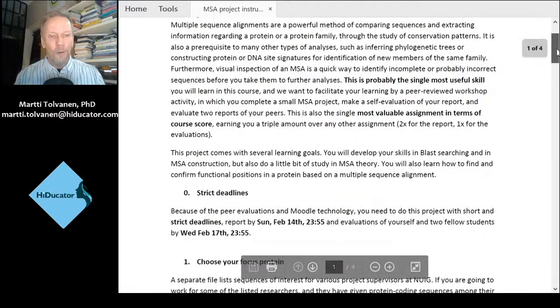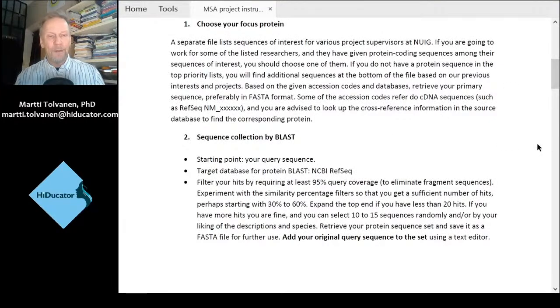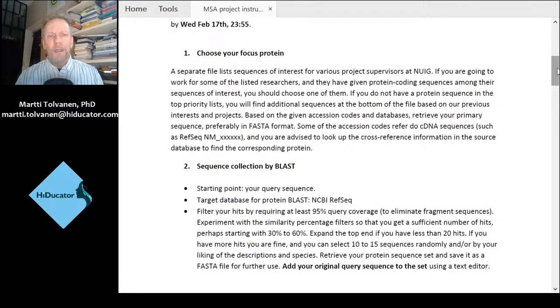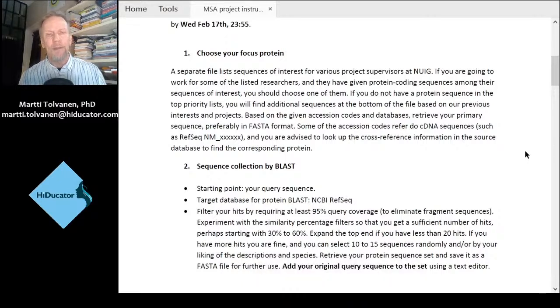So this includes all kinds of encouragement, reminder of the deadlines, and then talk about these focus proteins. Now, to give good alignments, I'm suggesting that you would be filtering the sequences so that you would choose something in the range of 30 to 60% identity. If you just take the top hits and they happen to be more than 95% identical, your sequence logo will be just all characters of identical heights,